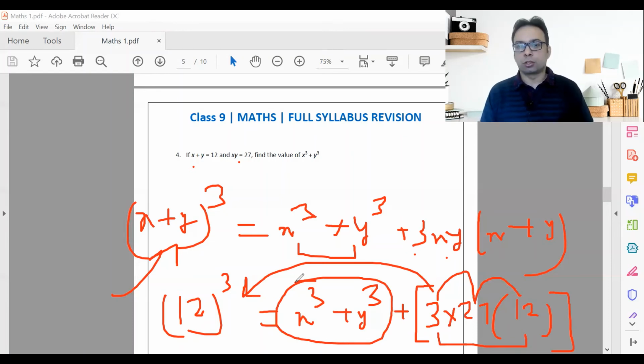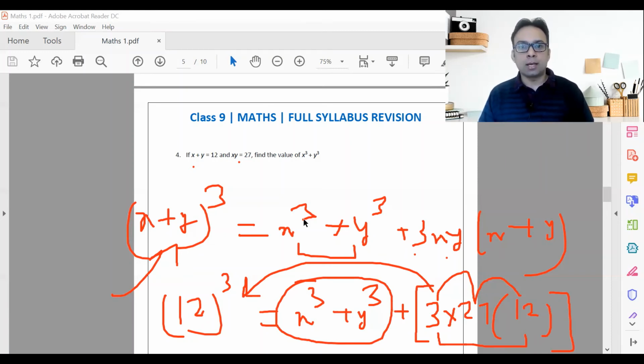I'm assuming this was a very simple case. Only a single identity is being applied in the entire question. Now you have to tell me the final answer. Once you solve it, you will have to share the PDFs with me, and this is how I will track your answers.